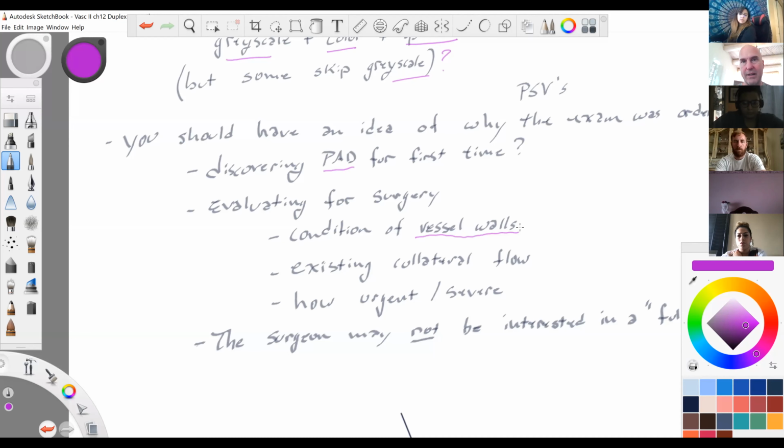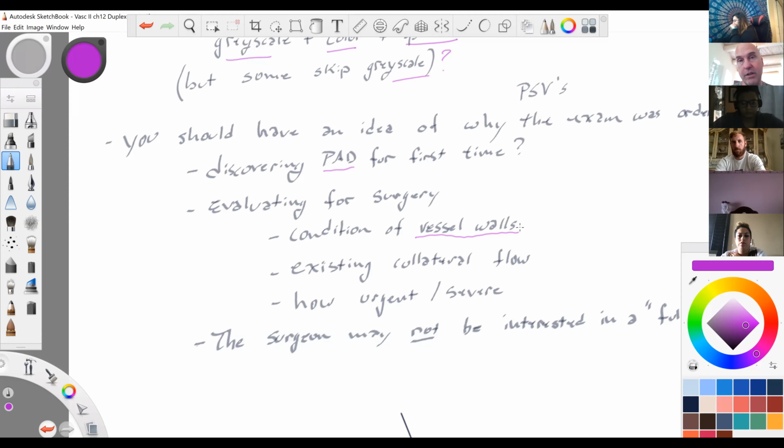What's already going on? Has there already been a collateral flow created by the body? That's important to know. You could be figuring out the person already has a known history of peripheral arterial disease, and you need to know how urgent, how severe is it? Well, if they're worried about cutting off a foot or not,